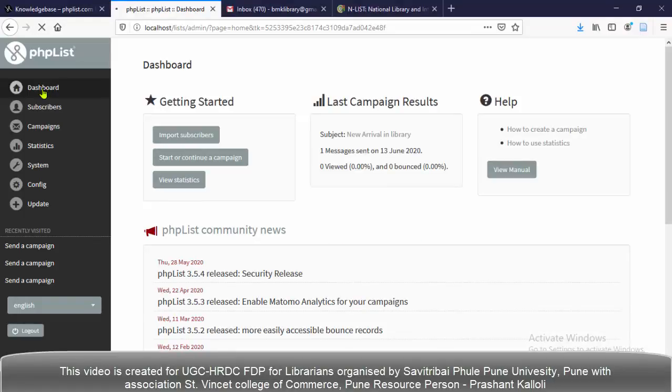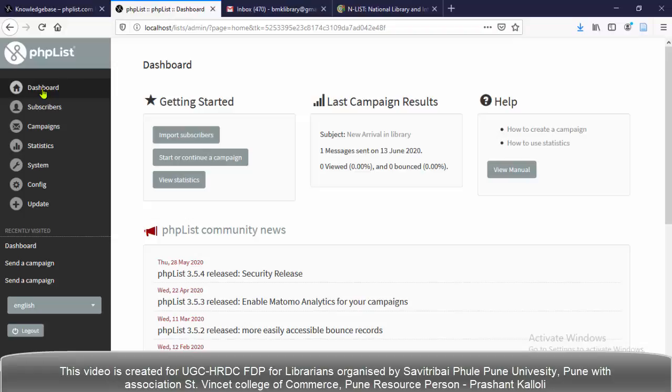I'm logging in to my PHPList and coming to the dashboard. The very first step is to create your campaign for sending emails to your users and add the content. Now we are going to create a campaign, meaning sending mails to our users, and also adding the content to the email.